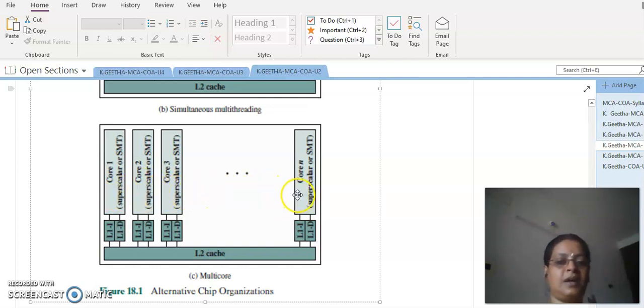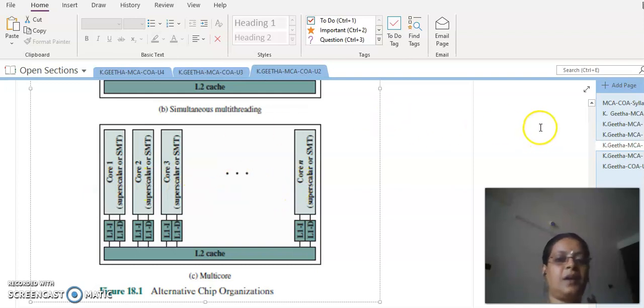Either it would be homogeneous or heterogeneous, we have multiple cores in our hand, and whatever cache we have at level 2, this cache will supply the data to individual cores by their own local cache. So each core will have its own local cache, and that local cache is available in a split form, namely the instruction cache and the data cache. Each of these cores will be supplied with a set of instructions and data to be executed by this core, and we are able to execute the instructions simultaneously in all the cores. This is what we mean: each core by default can have the concept of superscalar structure or simultaneous multi-threading, what we have discussed before, and individual such cores can be operated simultaneously.